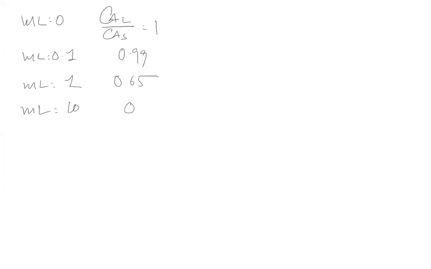ml is equal to 0, Cal by Cas is 1. ml is equal to 0.1, same is 0.99. ml is equal to 1, 0.65. ml is equal to 10, 0. So what does this mean is, if I take this and if I draw the